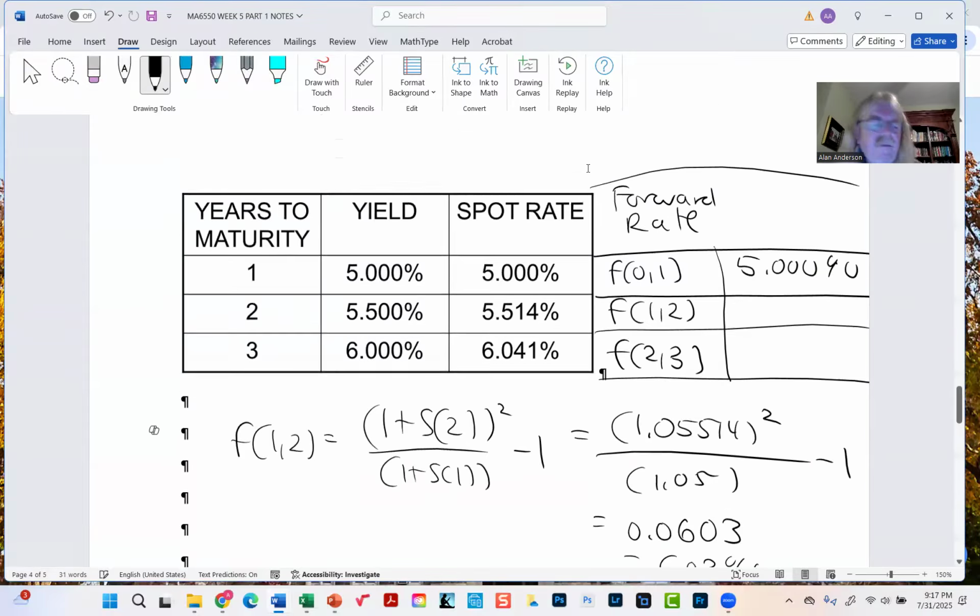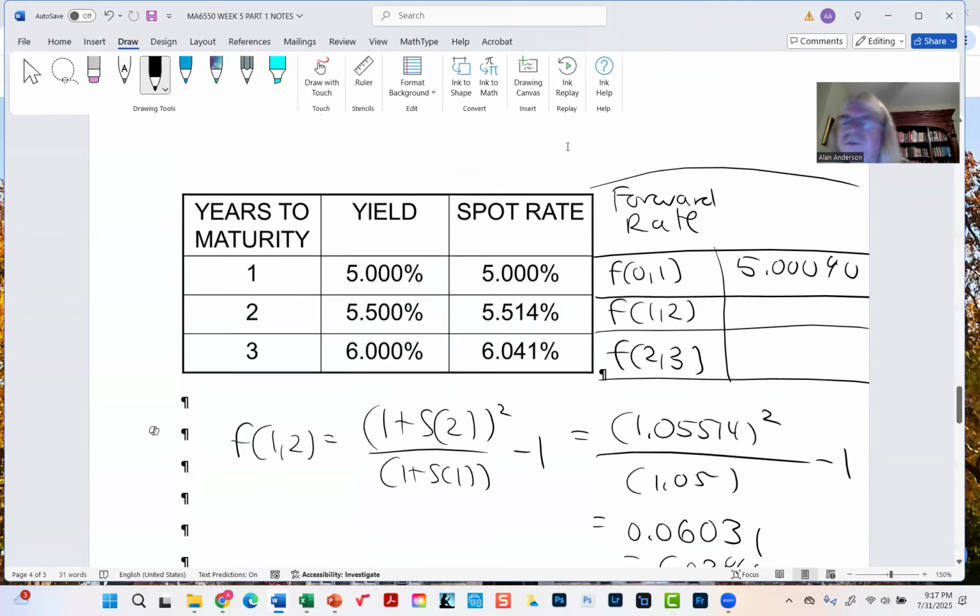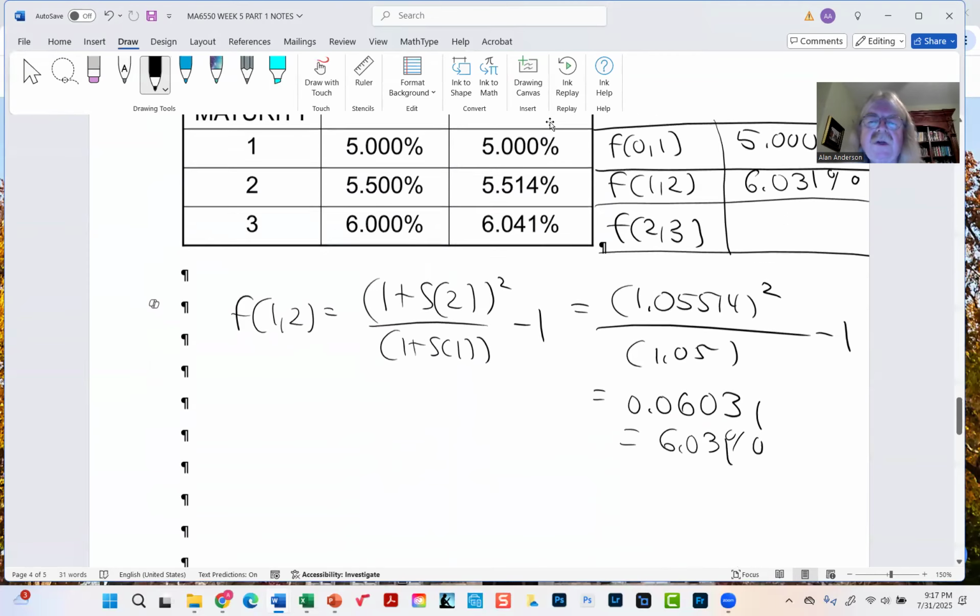Let's leave the extra digit in there. We don't want to over-round it, since we're using three places. Okay. And then for F2 comma 3,